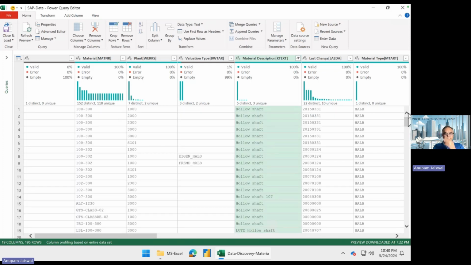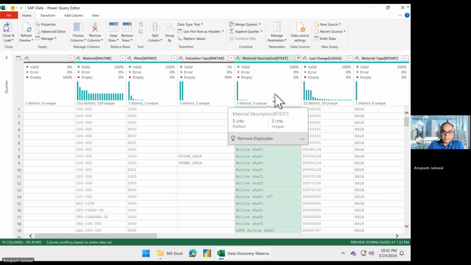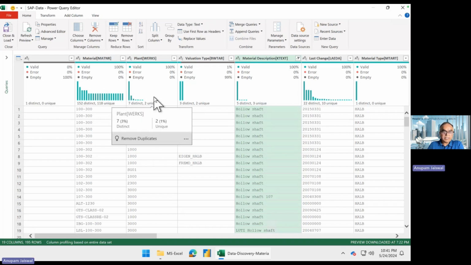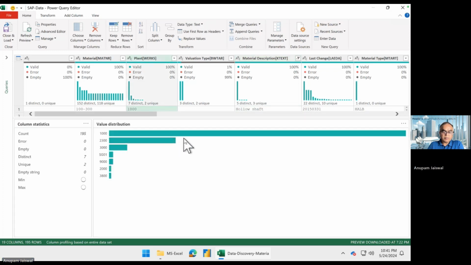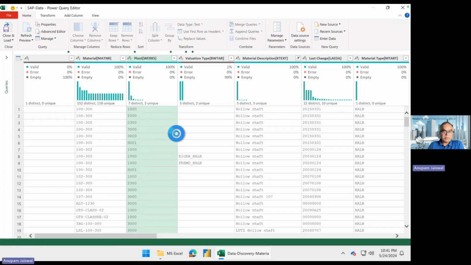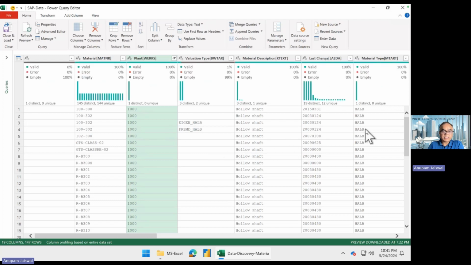Now, this may or may not be a problem, because a lot of times, you have materials which are extended to different plants, in which case, it's a valid one, but we want to dig deeper into this. And then I go and look at the plants distribution. So I see that in plant 1000, I have a bunch of materials which has hollow shaft. There it is. You will see same text, and in the same plant,